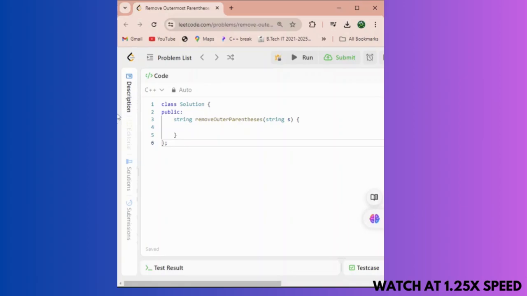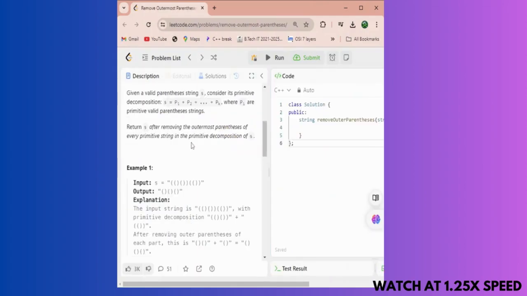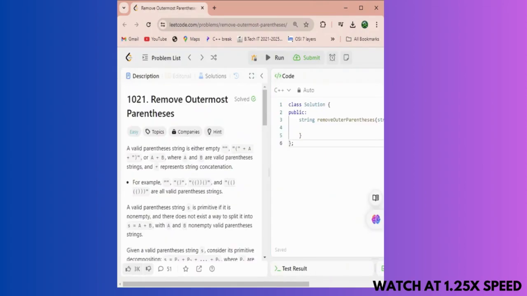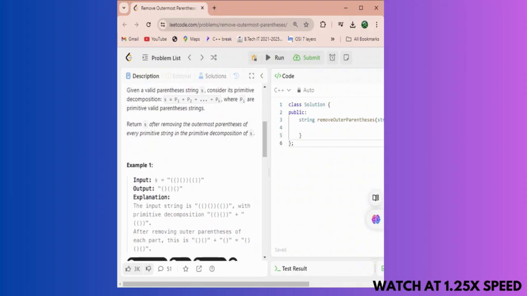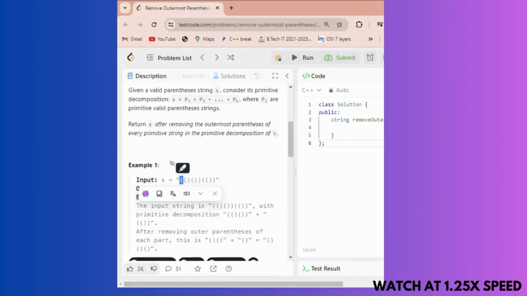This is the question where we have to solve the string question. We have to remove outermost parenthesis. Like if this is my question, this and this both get removed and I get my output. So the input will be these three parenthesis pairs, and in the output I'll remove this outermost parenthesis, as you can see.